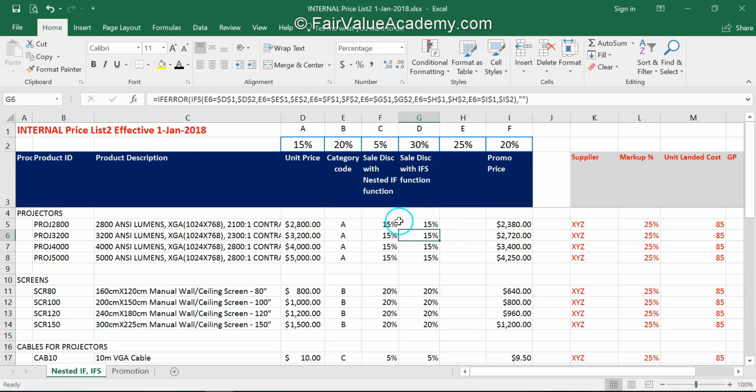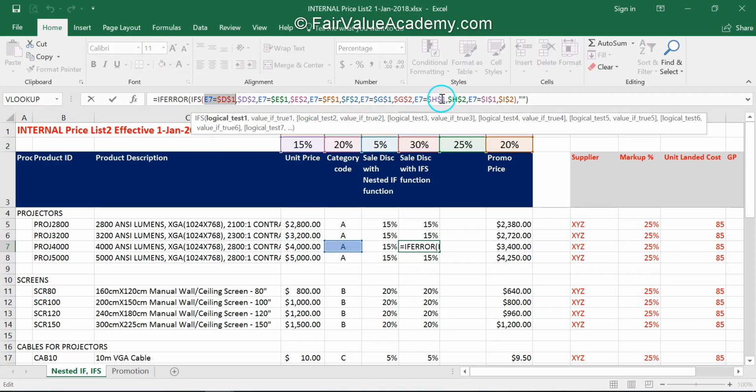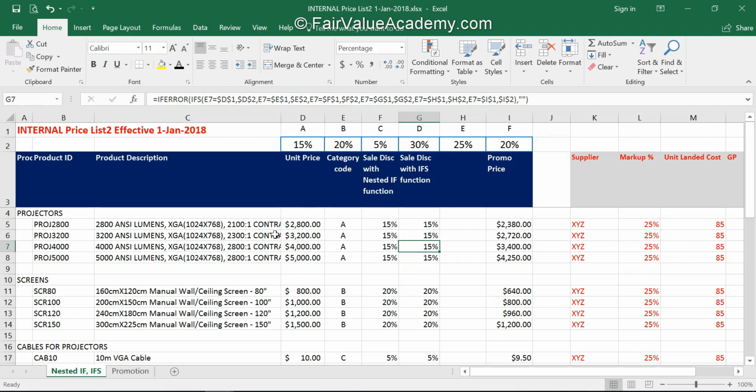So we learned the nested if statement and we learned the if statement. In both the cases, I took the example of very simple logical tests like a cell is equal to some value or not. This was just to make it easy for you to understand long nested ifs or ifs statement. You can always write a complex formula here or a complex test for each of these logical tests. However, you have to be extremely sure about the logic that you are applying and the formula that you are applying and the sequence in which those if statements work.